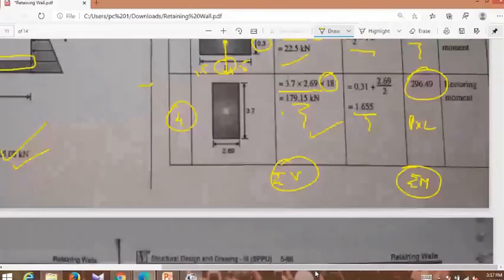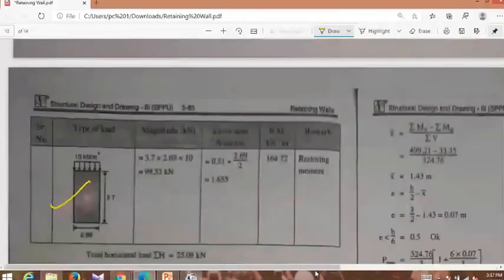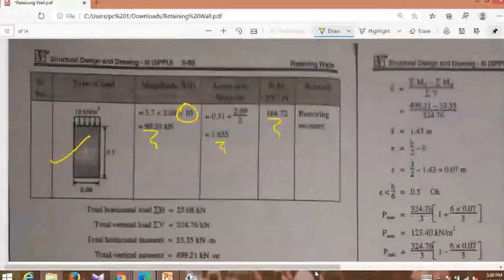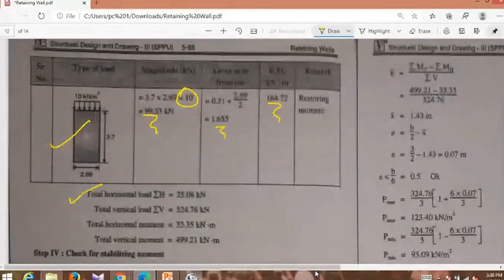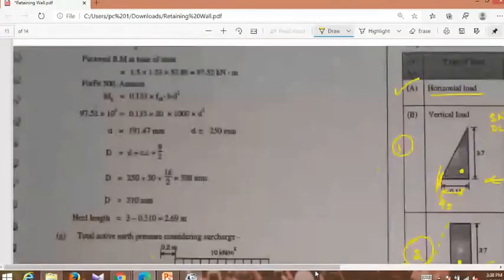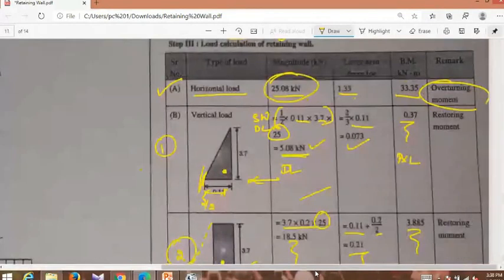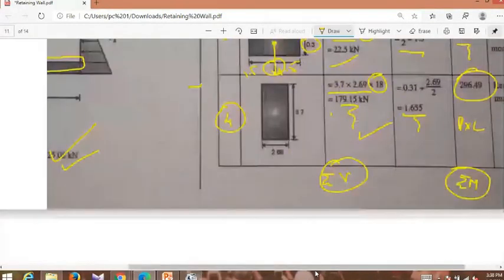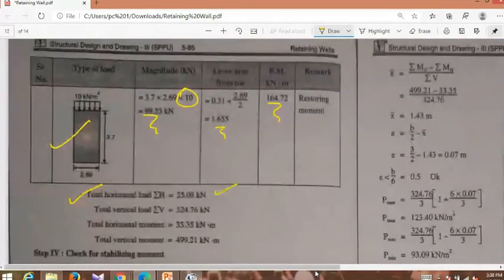It is summation of V. Summation means adding these loads, and the summation of the moments. And we have the surcharge one, just the same, multiply it, we will get the moments. At last, what you should do, you should take the total horizontal load. How much we have? 20.508. Here you have 25.08. Okay, only one horizontal load we have, therefore summation of that one is over.